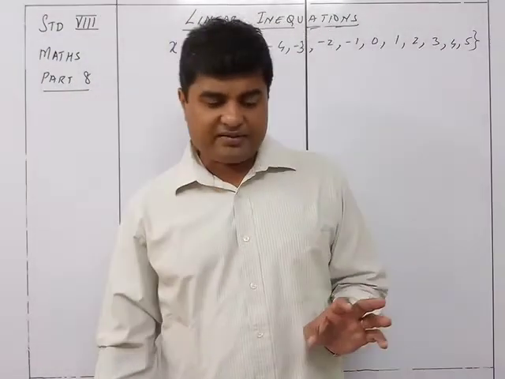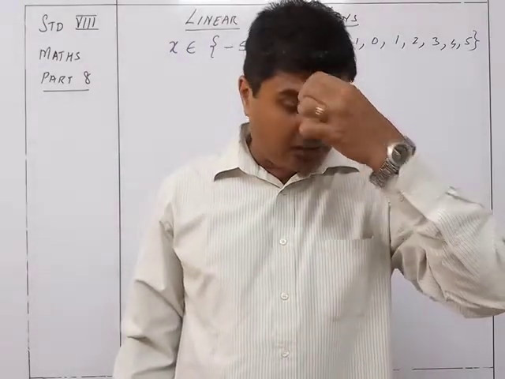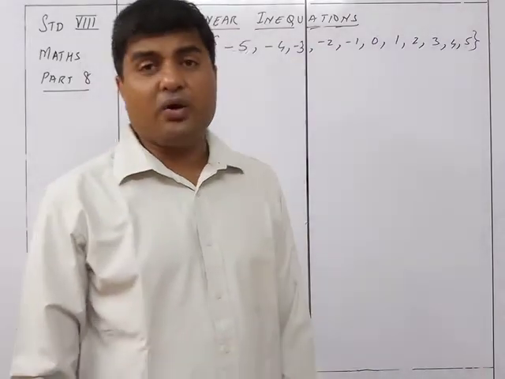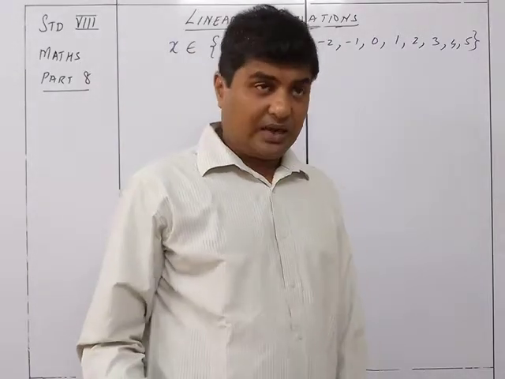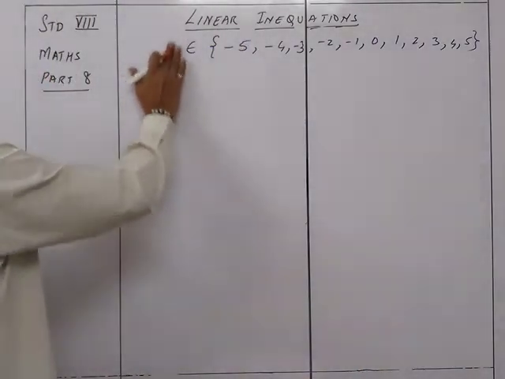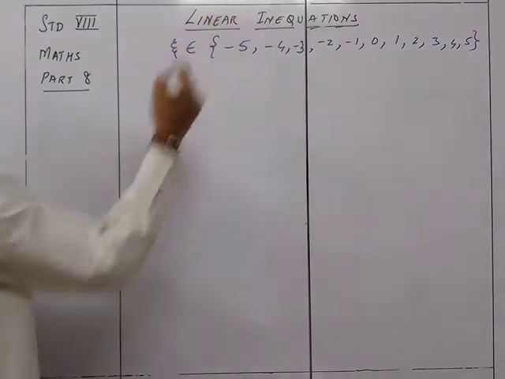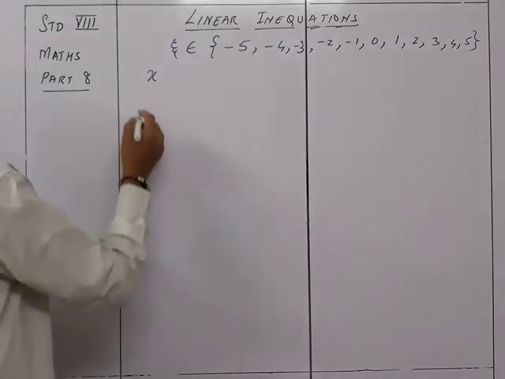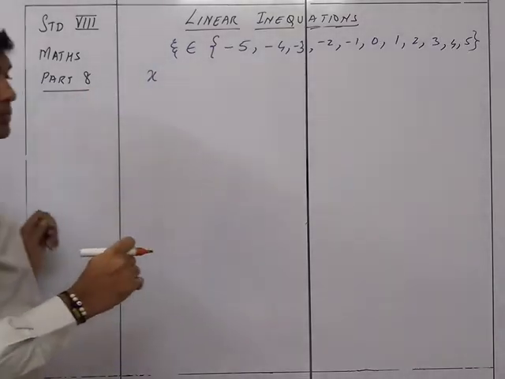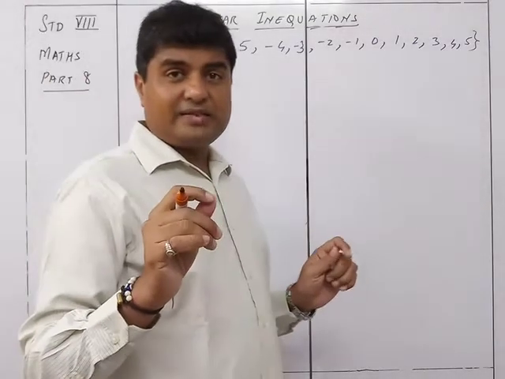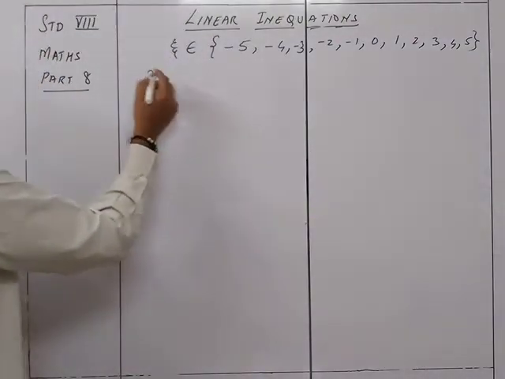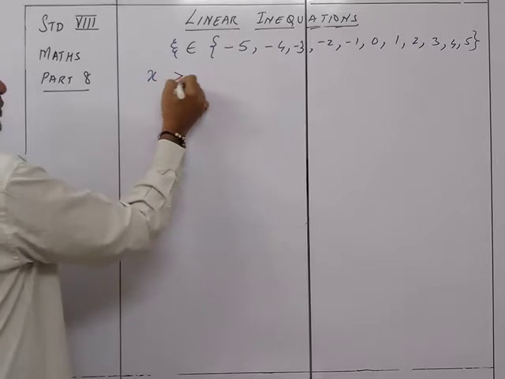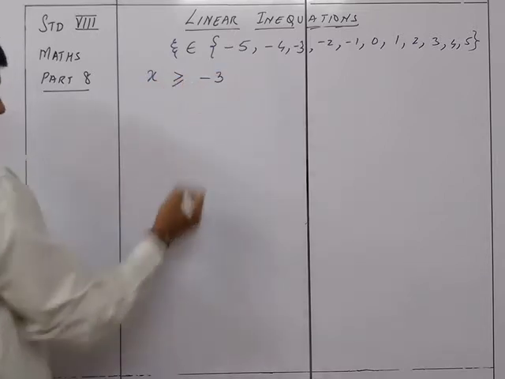If x is belonging to this particular set only, and now I want to find out the answer, so if this is the universal set, and I get an answer that x is, now we'll be getting the answers. So the question, okay, we have over here x is, let's say, greater than or equal to -3.